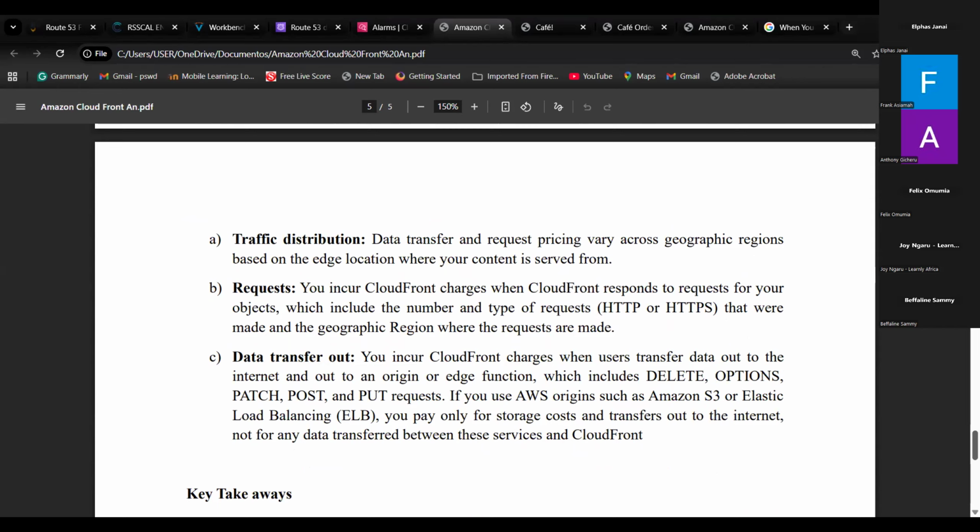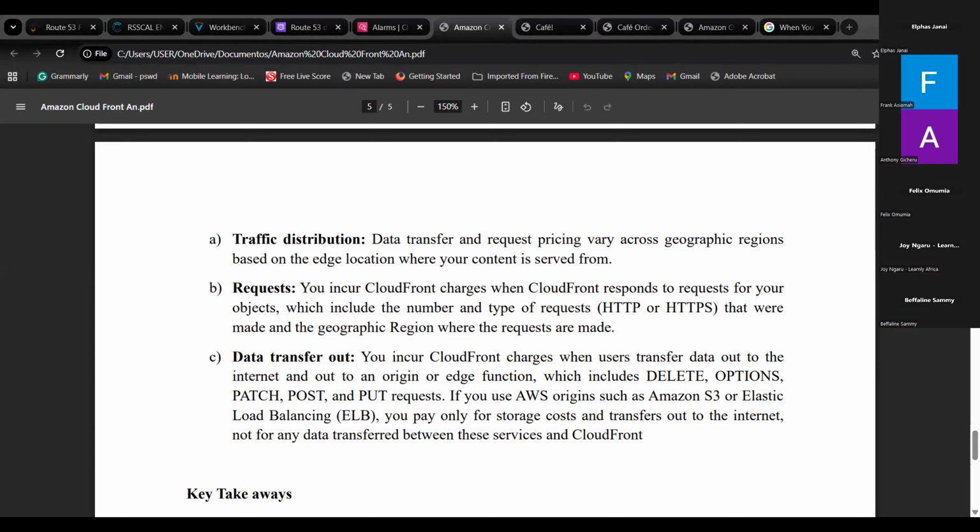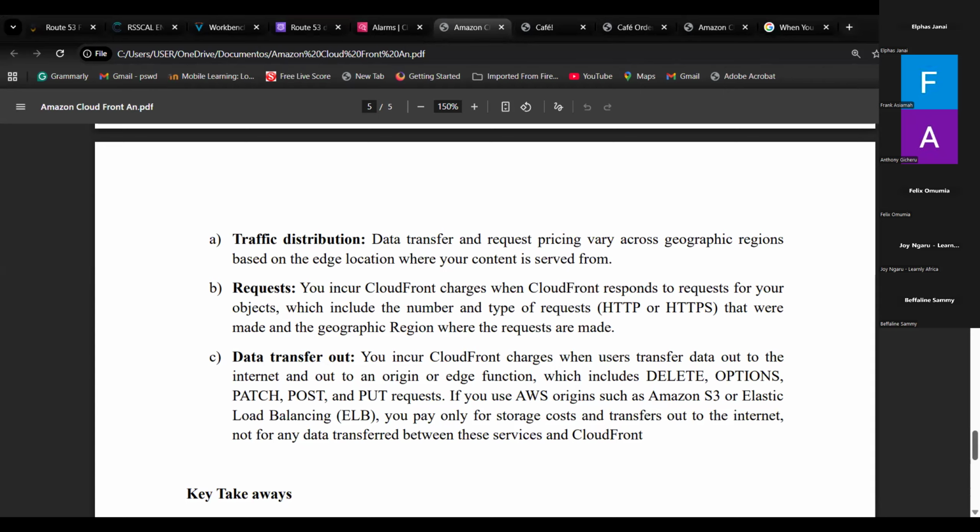You incur CloudFront charges when CloudFront responds to requests for your objects, which include the number and type of requests that were made and the geographic region where the requests were made. Data transfer out: you incur CloudFront charges when users transfer data out to the internet and out to an origin or edge functions, which include delete,